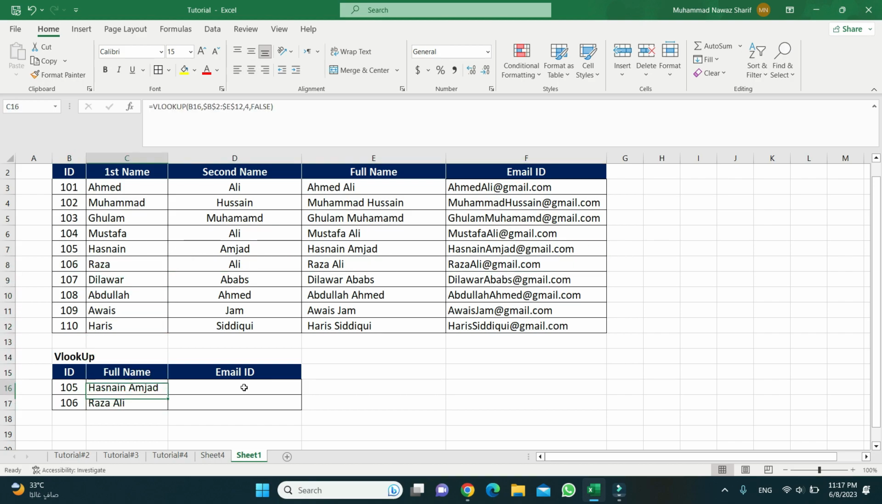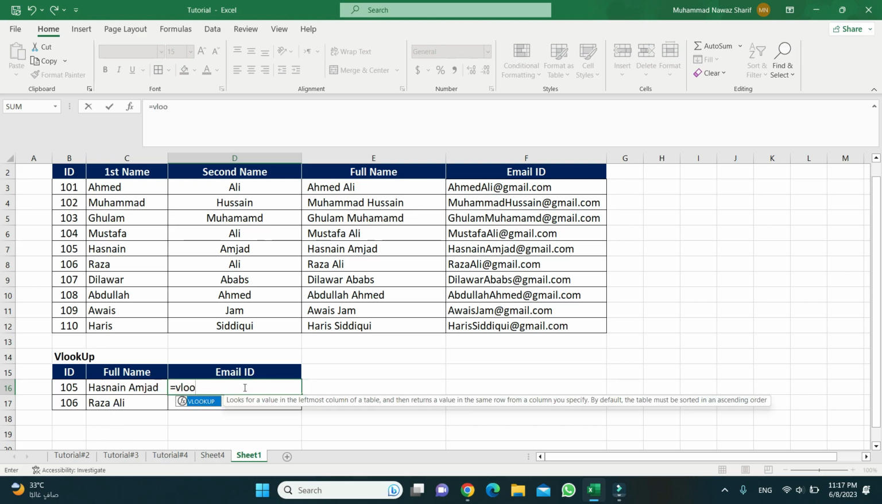Okay, just like this I get full name. If I also need email IDs for these two IDs, I will again use VLOOKUP. My lookup value is ID 105, from where I can get from this database. So column 1, 2, 3, 4, 5, because my email ID is in column 5. I will select the range and through the use of F4 I will lock this, and then I will say